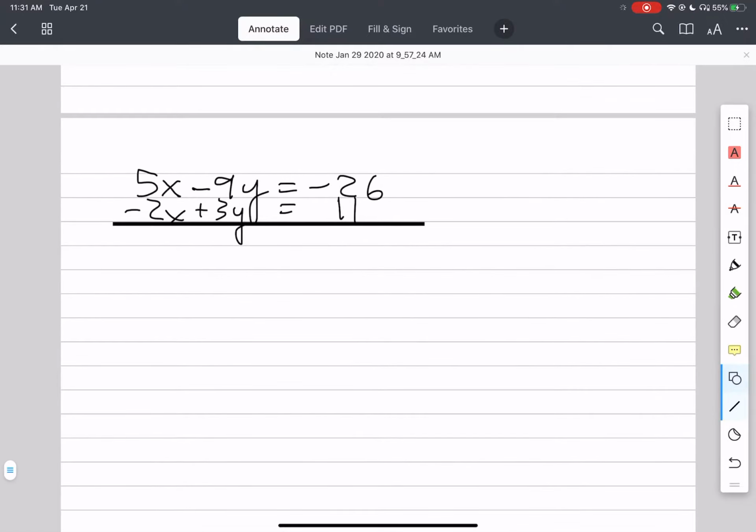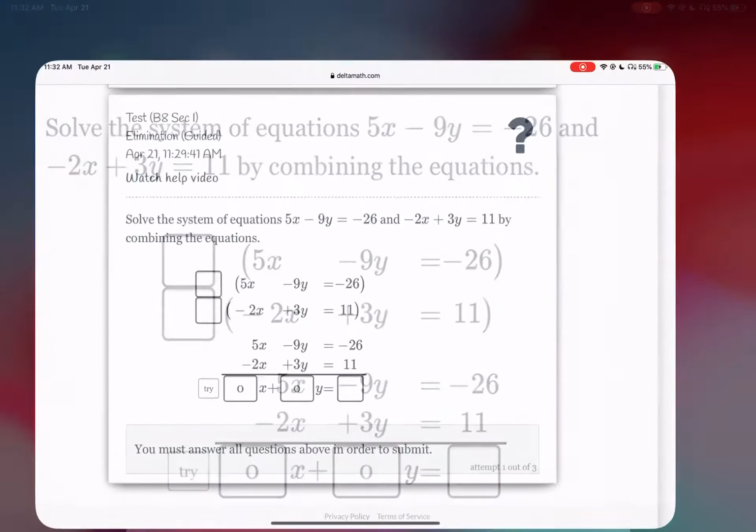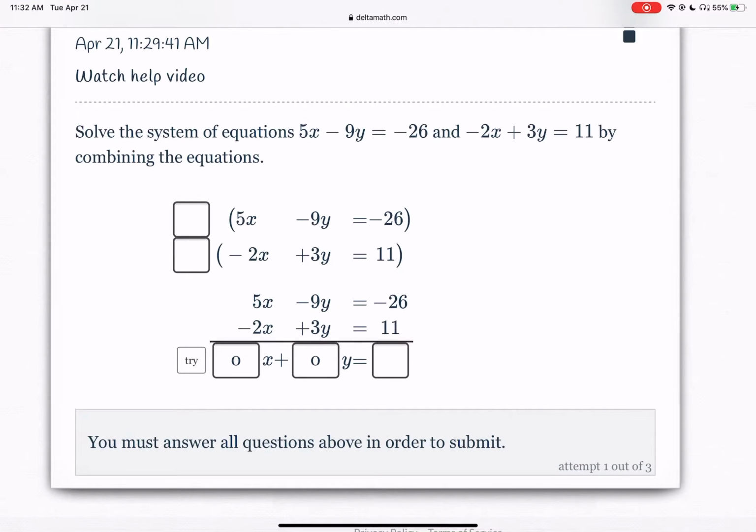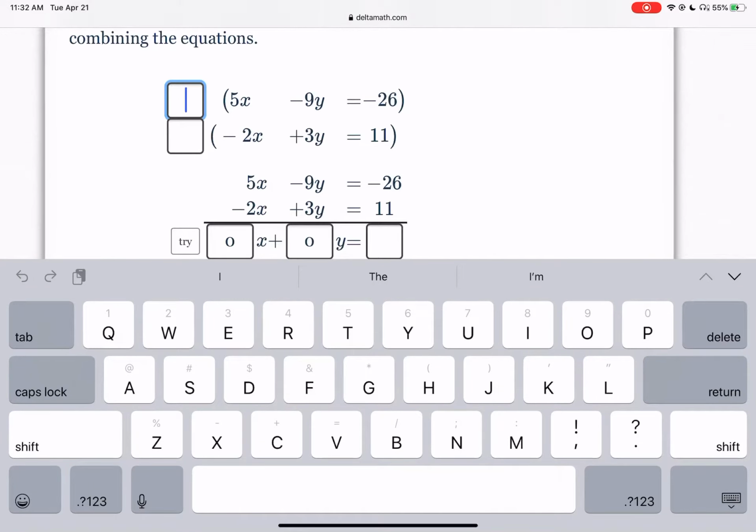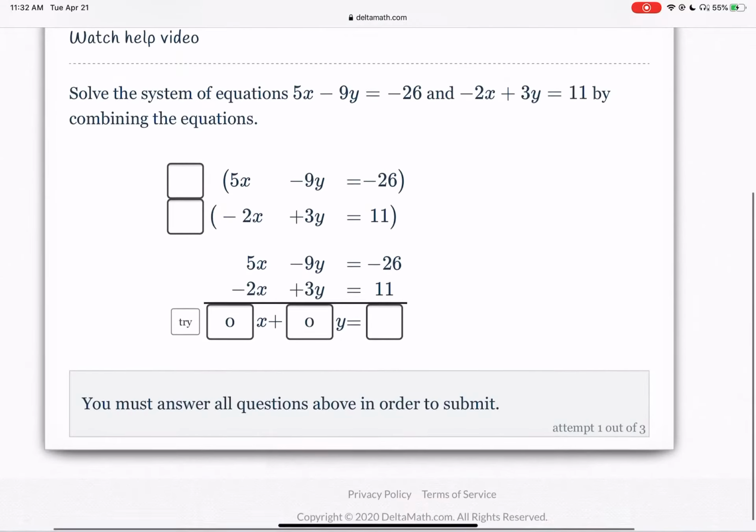eliminates. So if I wanted to, I would first decide, do you think it's going to be easier to eliminate x's or eliminate y's? Well, on Delta Math, the way it's set up is you type in the two values that you think it's going to be. So let's say I want to get rid of the x's. Well, 5 and 2 need to be 10. So if I multiply the first one by 2,